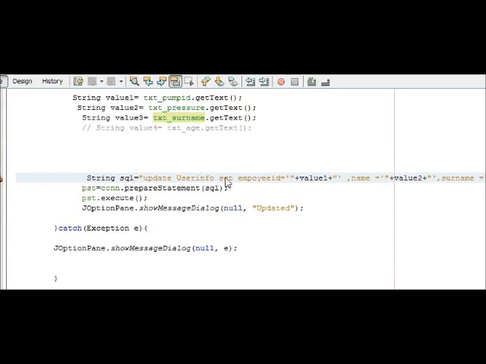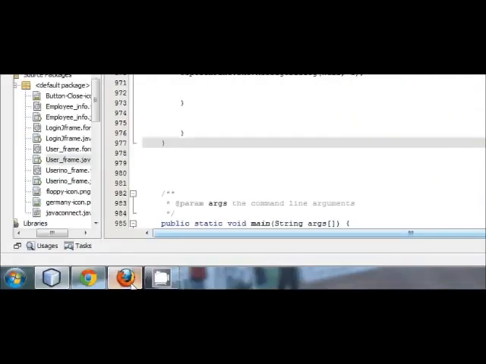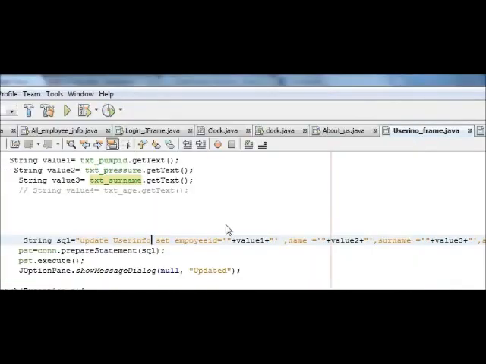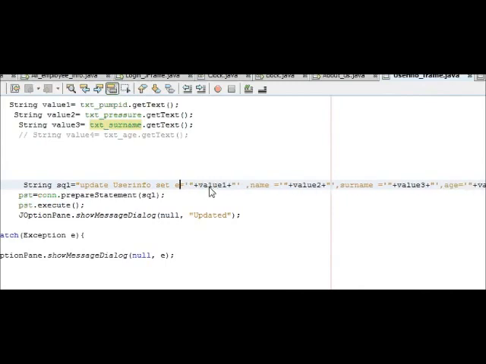Update user info set, instead of employee ID, my column names are pump ID, pressure and temperature, so I will write that. Pump ID value 1, value 2 is for pressure, and value 3 is for temperature,